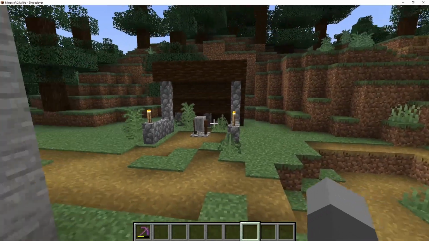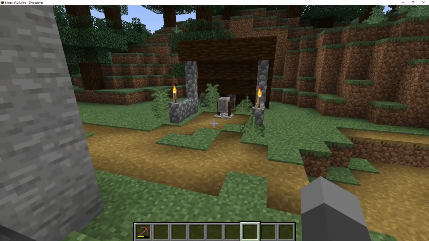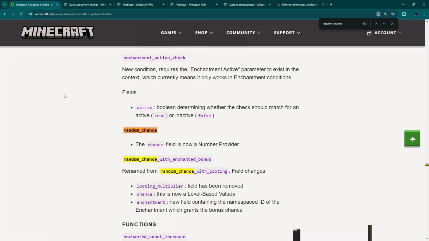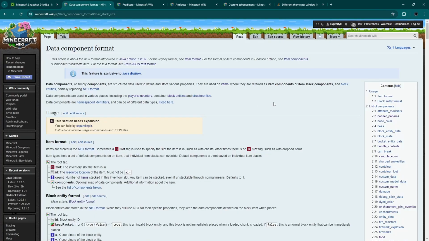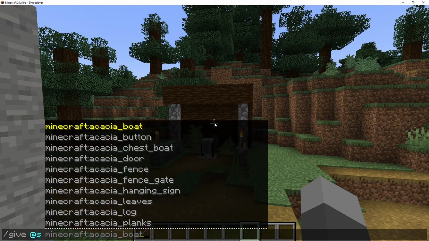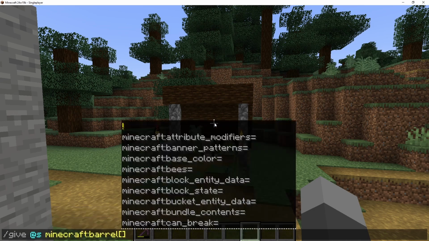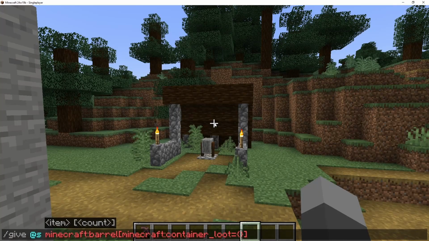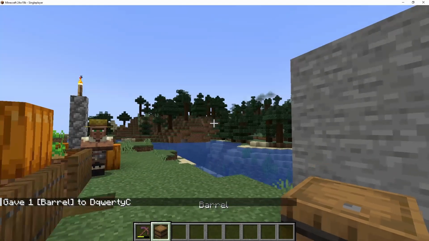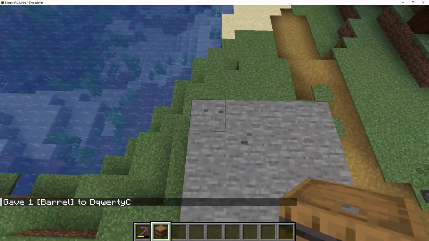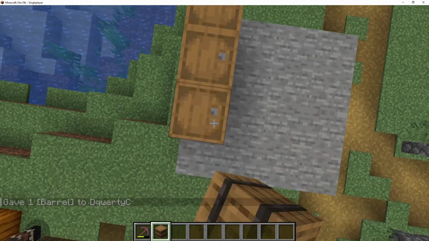So now to check that that actually works and we can find this in the wild, we're going to come up here and container loot. Give at s barrel container loot equals okay, let's hope that worked. Alrighty, so now